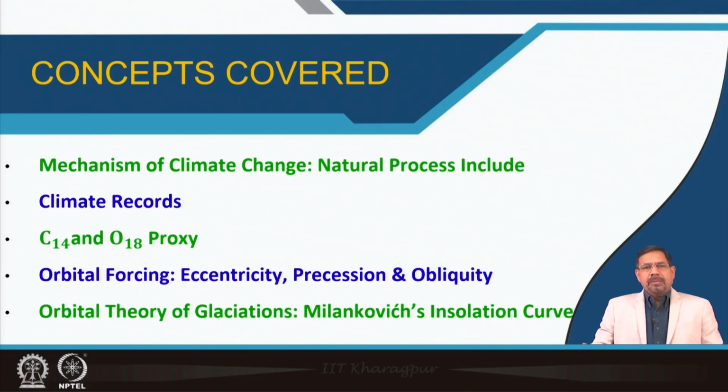In today's lecture number 9, we will try to understand that because of Earth's rotation, revolution, tilt and obliquity, how we are getting the variation in the past climate, dominantly with respect to taking temperature as the proxy or the variable or the indicator. We will try to understand how this orbital forcing theory, as far as the Earth's rotation and revolution around the sun is concerned, explains them. And we will also see how